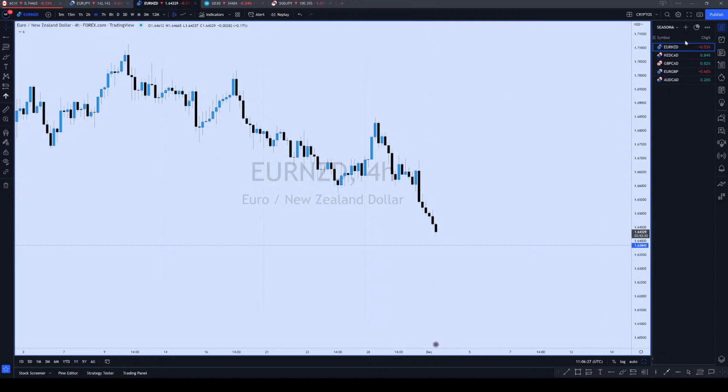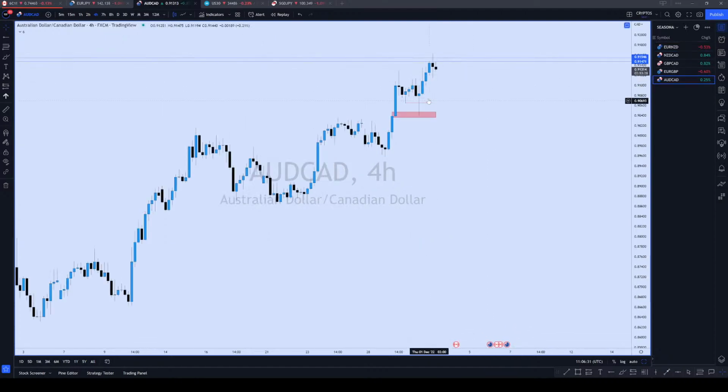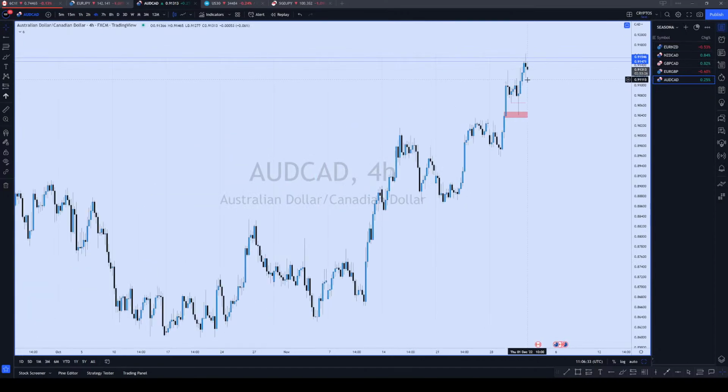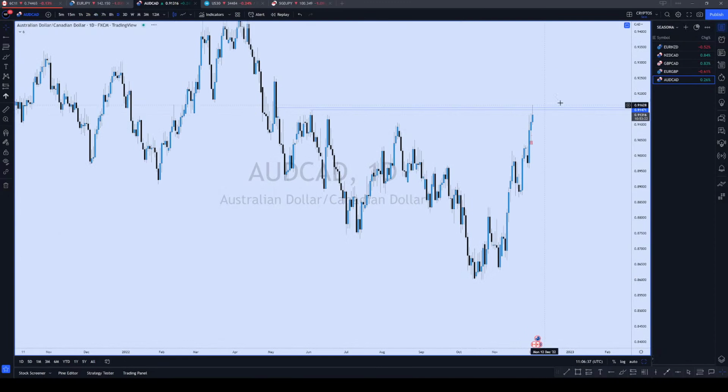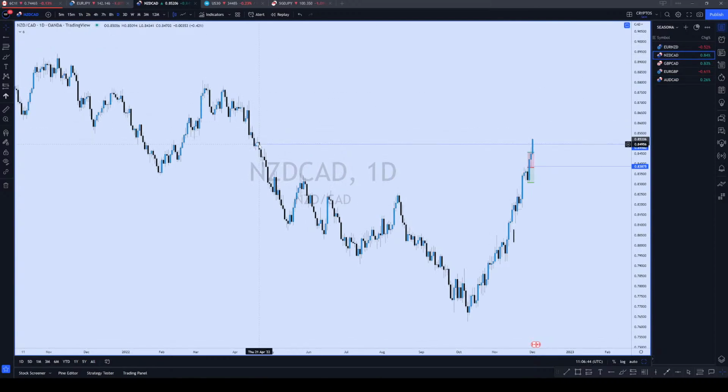So I've covered all of these. Aussie CAD is another pair that I liked, but it has hit my TP, so I've closed my trade and I've moved to the sidelines. I think New Zealand will still continue being bullish, so I'm still in the New Zealand. I want to see price go up here,